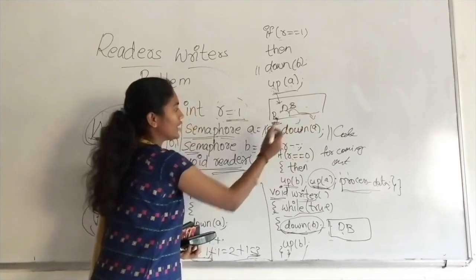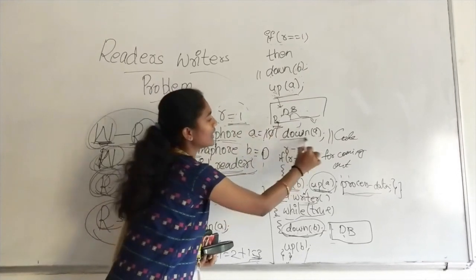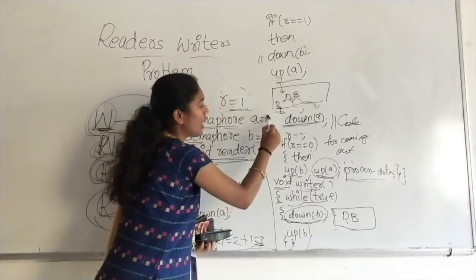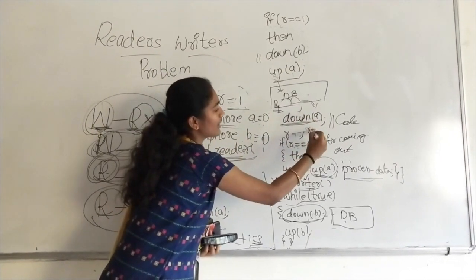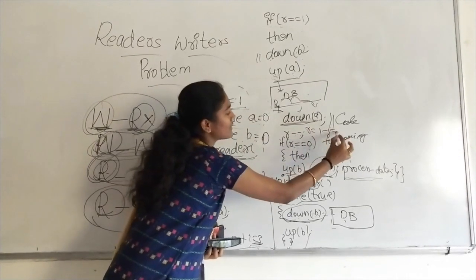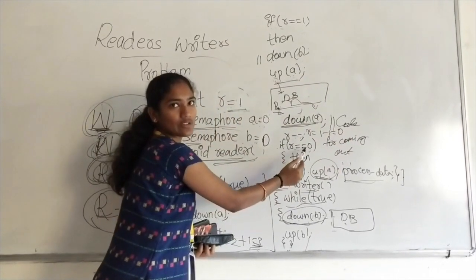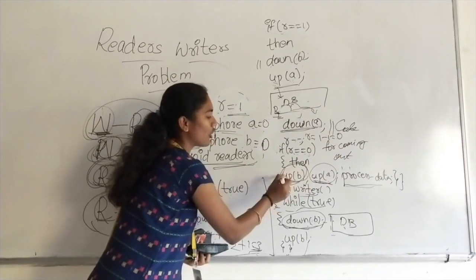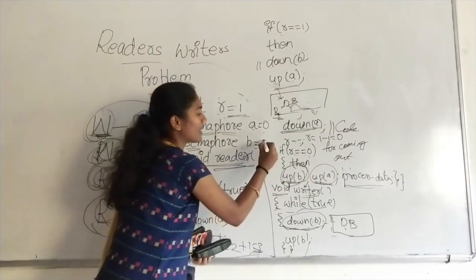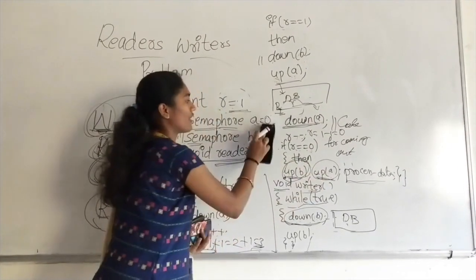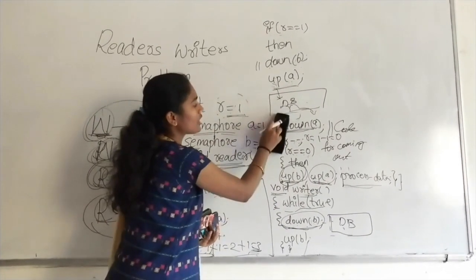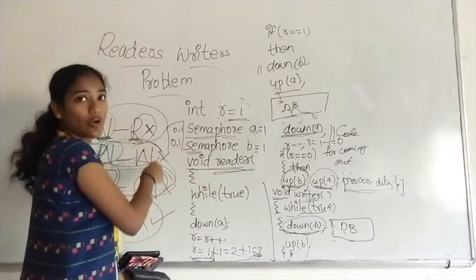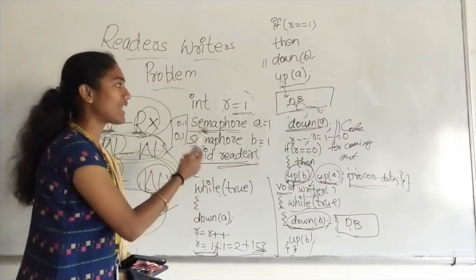Now we have only one reader. Again he also wants to come out. Then it will decrease the value of a. Again the 1 value will become 0 and R value will get decremented. Here we have R equal to 1 minus 1, which is equal to 0. If the value of R is equal to 0, then now it will increase the value of b. So the value of b will become 1. Similarly, it will increase the value of a. And R1 also came out. Now it sends the signal to the writer or reader so that anyone who wants to come inside and access the database can come and access the data.